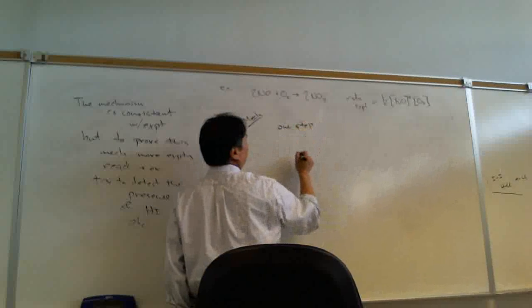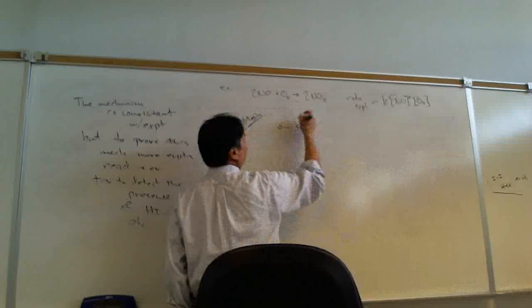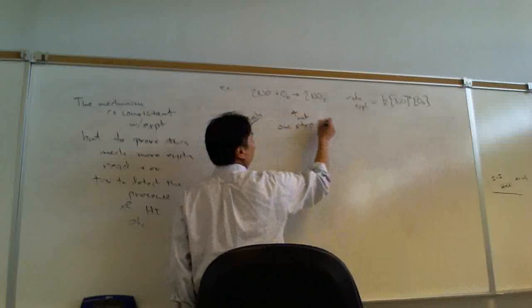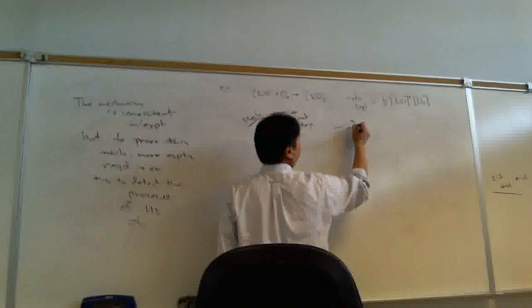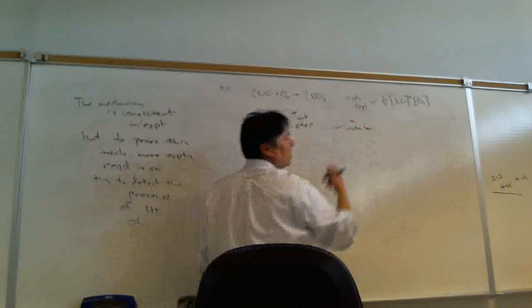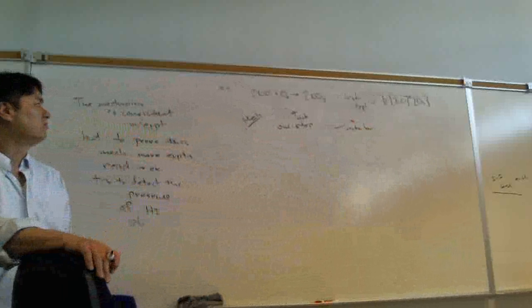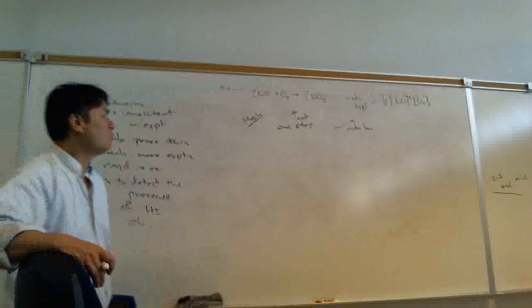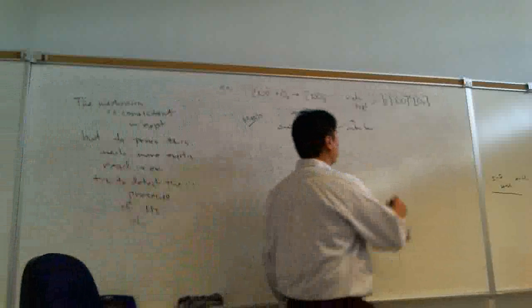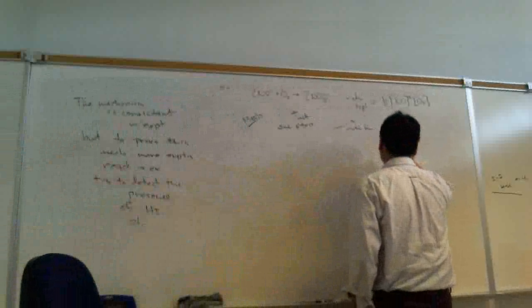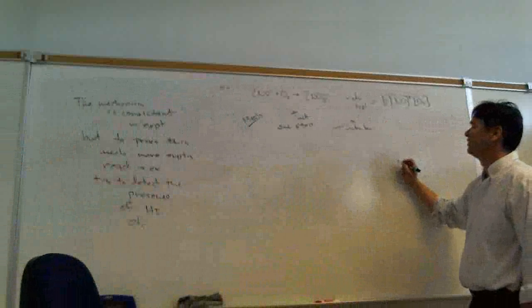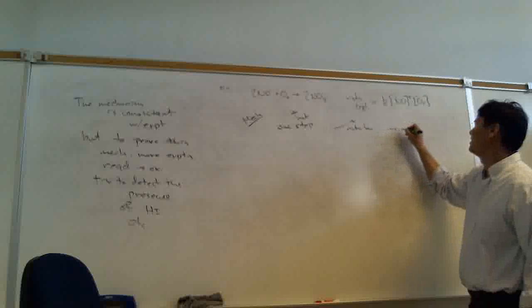And so one mechanism it's consistent with would be a one-step mechanism. If this were a one-step mechanism, then this would be the net, and this would be the rate law. Does everybody see why that would be the rate law? This one step? Yeah. So a one-step mechanism is consistent with experiment, at least up to this point. And so we'd say it's consistent,